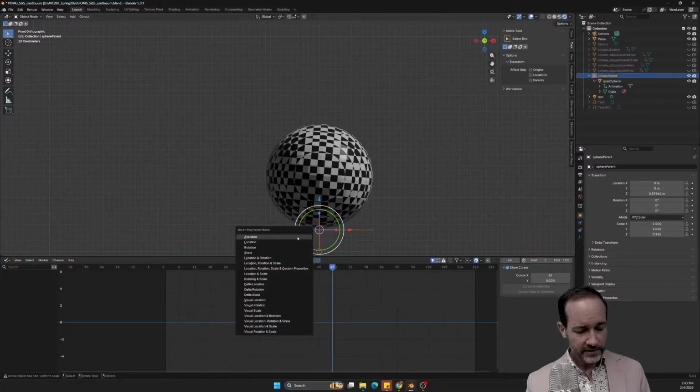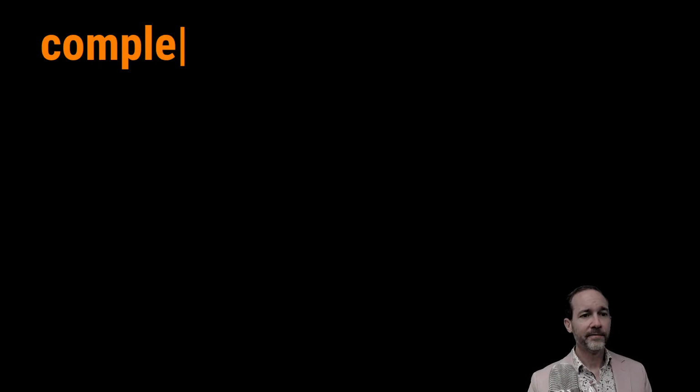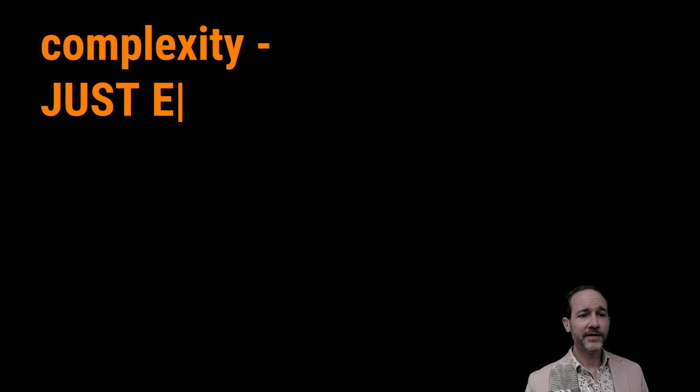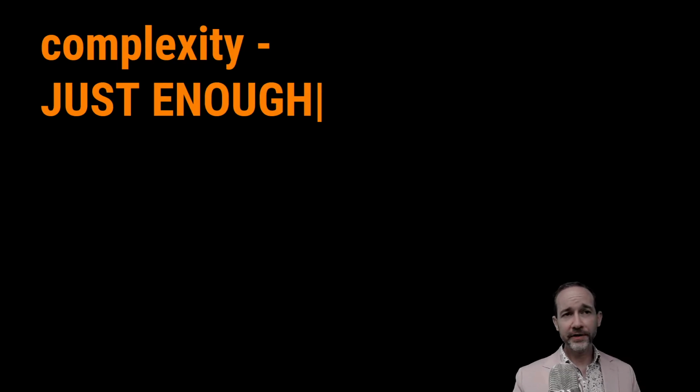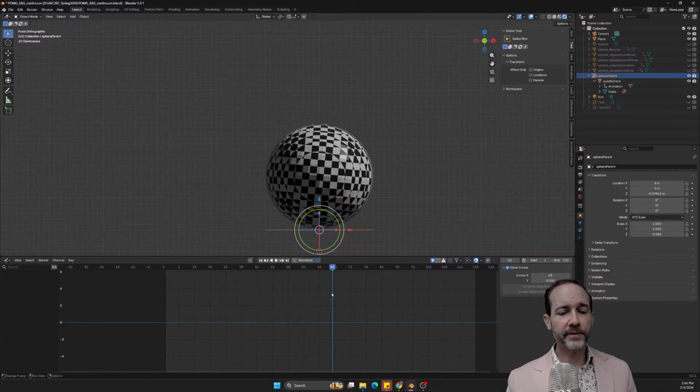We'll say that this is the motto of the semester, right? How much complexity do I want to have in my rig? What if I wanted to be able to do absolutely anything? Well, that's going to really require a huge amount of complexity. How much complexity do I want in a given project? Just enough, right? If you have way more complexity, it's going to make doing simple things very hard. You want to have just enough to be able to satisfy your animation demands there. Okay, good.